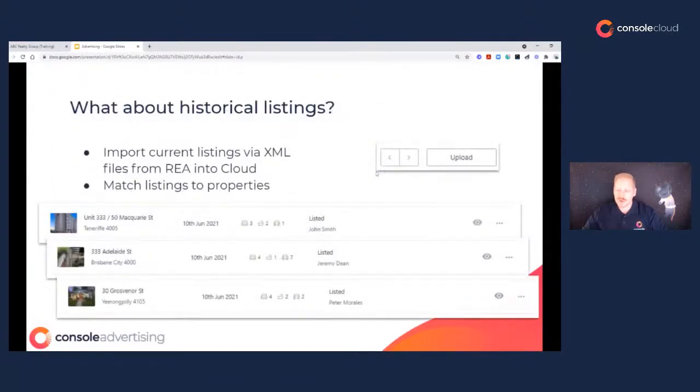Great little tool. I thought I'd mention historical listings. It was a question we received from our beta customers as well. You will have the ability to import your current listings from realestate.com via an XML file. That will be an option from your realestate.com account to download, and then upload and import into Console